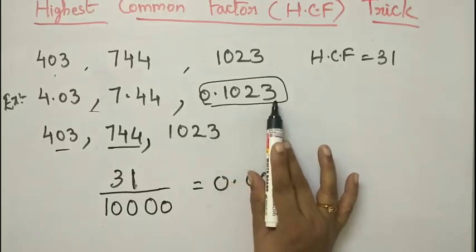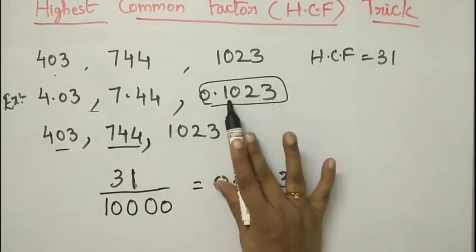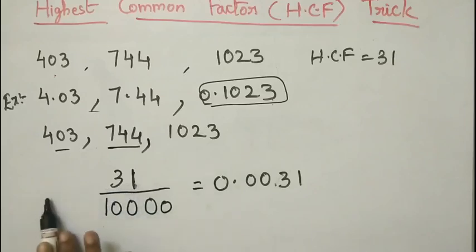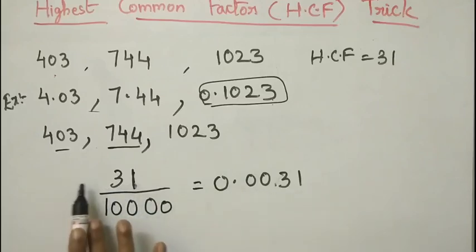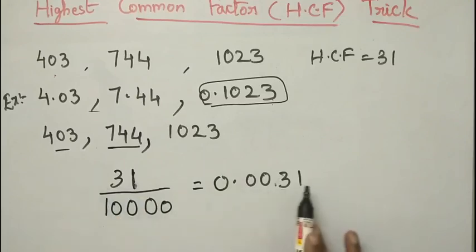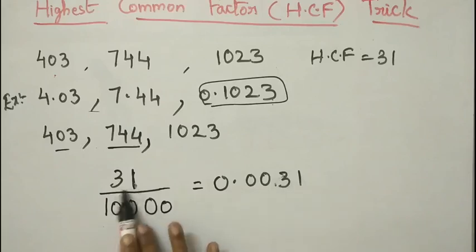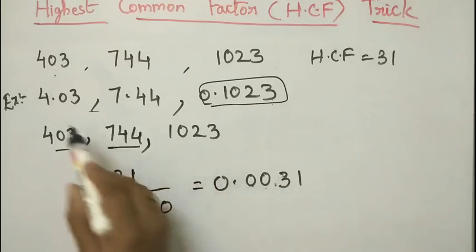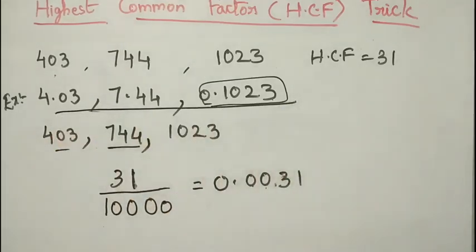So as there are 4 digits after the decimal point, this number is having more digits after the decimal point. Just count the number of digits: 1 2 3 4. So starting from this digit, you should have 4 places. Is it not? Keep on writing zeros. So write down here 31 first. So 2 digits completed and 2 more places we need. So keep zeros and put the decimal point. This becomes the HCF for these decimal numbers.